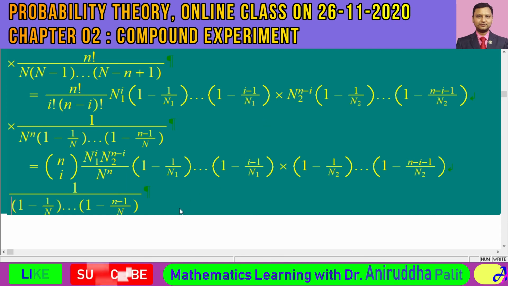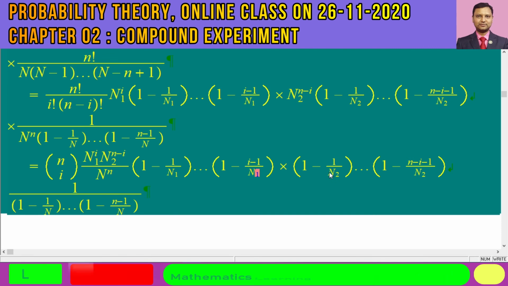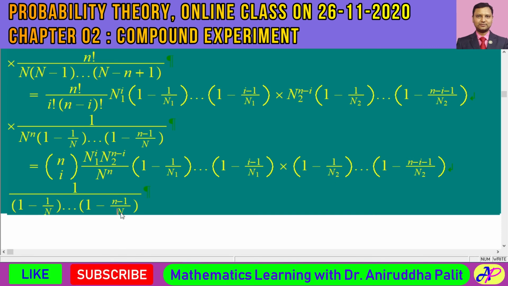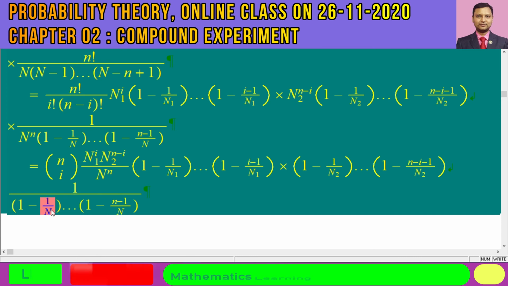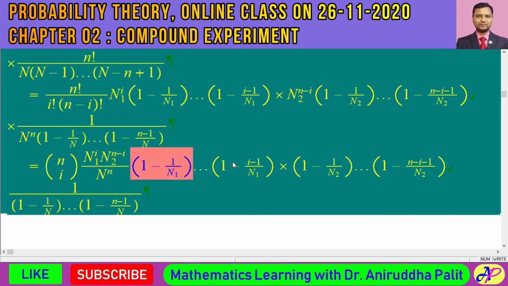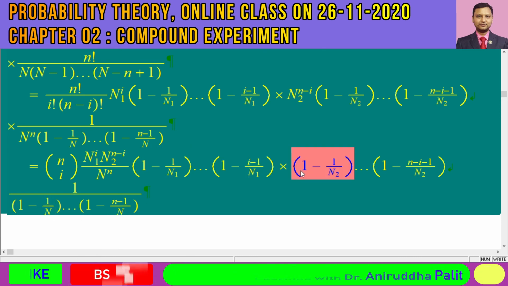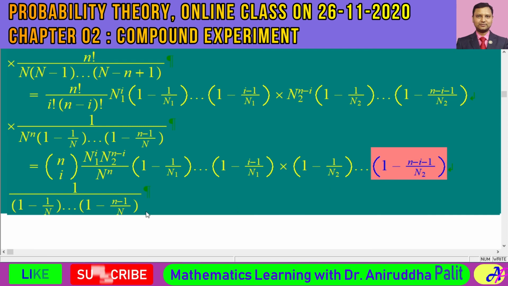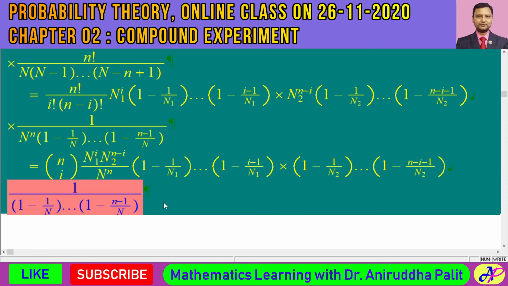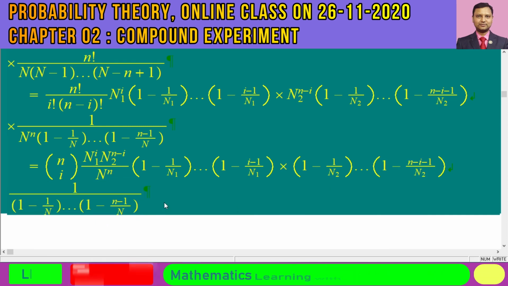Now if we take the limit as n1, n2 and consequently capital N tending to infinity, all these quantities would be equal to 0. Therefore these factors would ultimately converge to 1 only. Each and every factor would be equal to 1. And